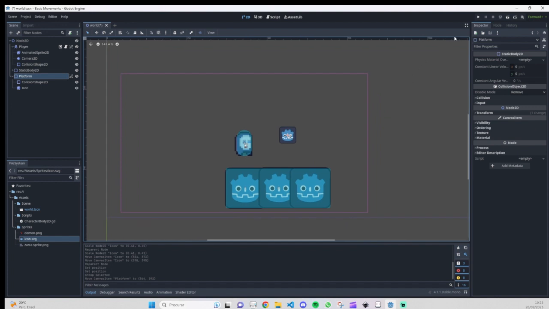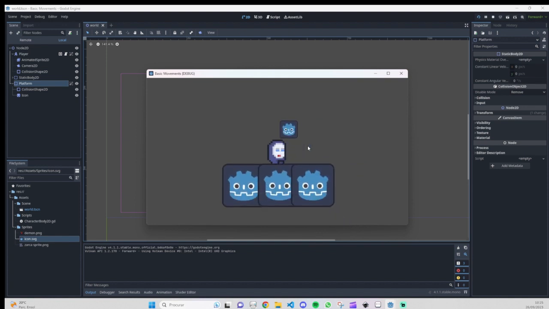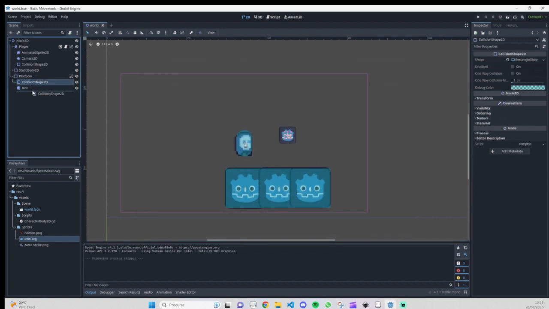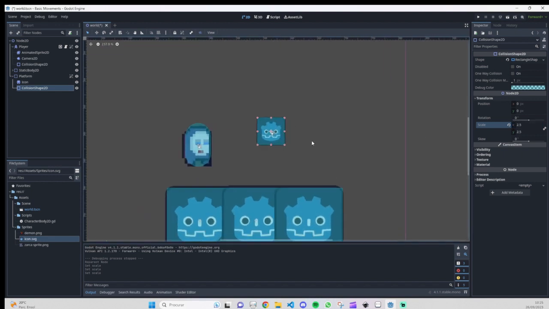Let me just see if the jump is correct. The height of the platform is correct for the jump. Yeah, I think. Yeah, okay. It is working. Let's just add the collision here. Give you a little bit more scale on the collision. I'll just do 3. It's too much. 2.5. Okay, 2.5. Now, for this collision, I will do some change instead, because at the moment